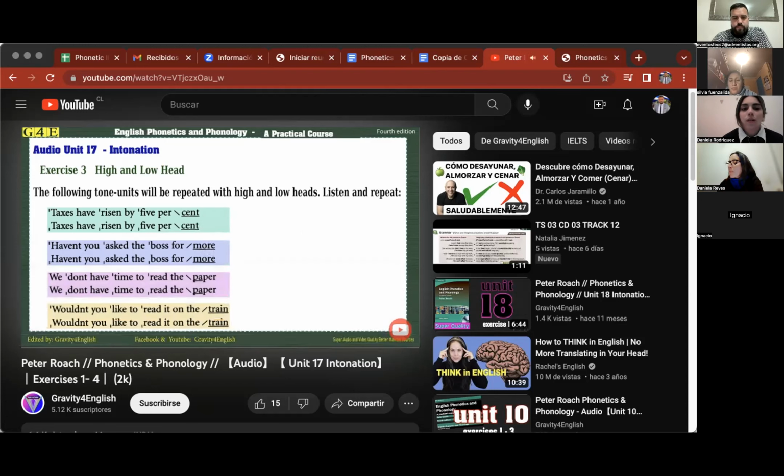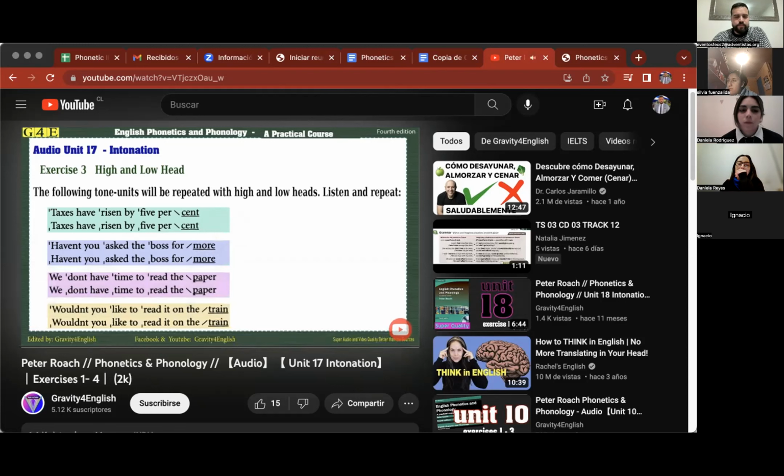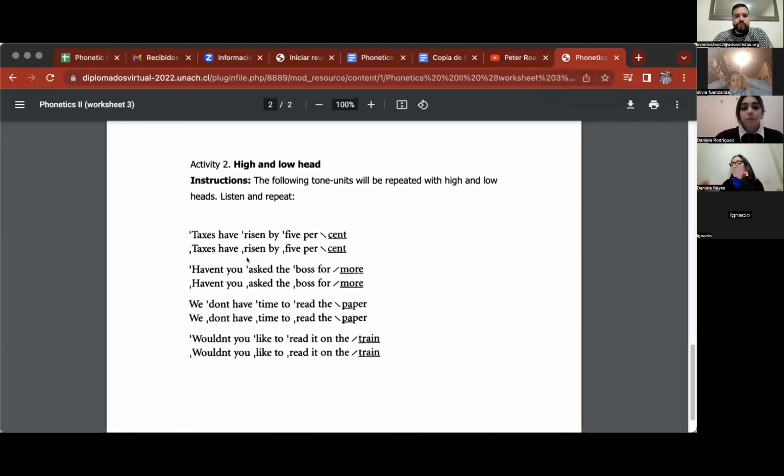Wouldn't you like to read it on the train? Lore. Wouldn't you like to read it on the train? Very good. Wouldn't you like to read it on the train? Sylvia. Wouldn't you like to read it on the train? Very good. All right. Now, Miss Rodriguez, I want you to do the first contrast, but now we are not